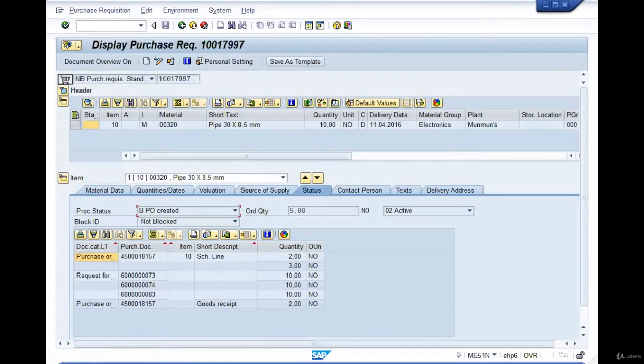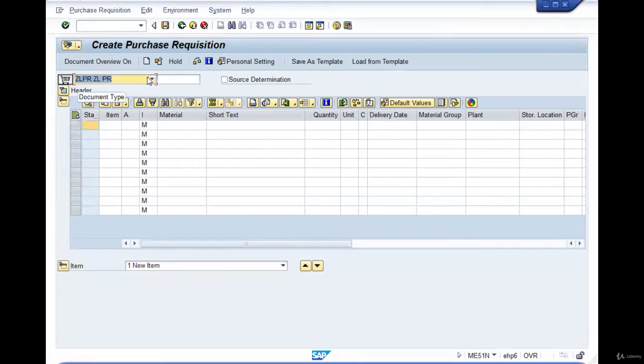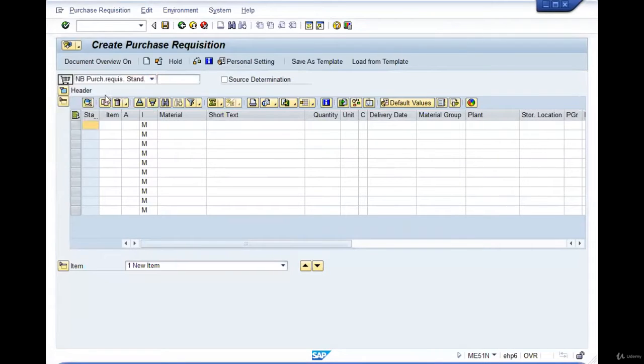So this is the screen that you see. Click on create a new document. The first field that you see here is the document type. Select the standard document type, which is NB. The next field is the document number. Leave it blank for internal assignment.